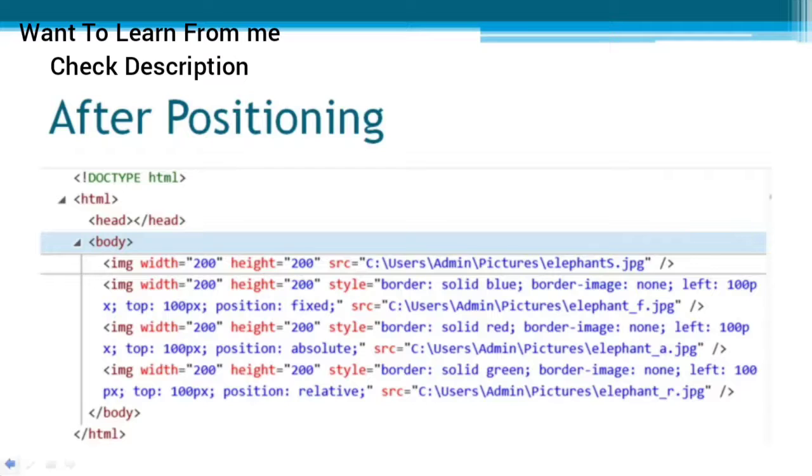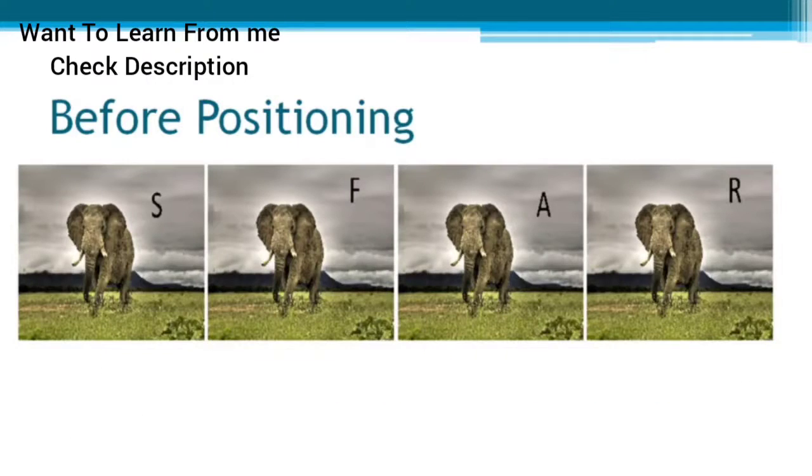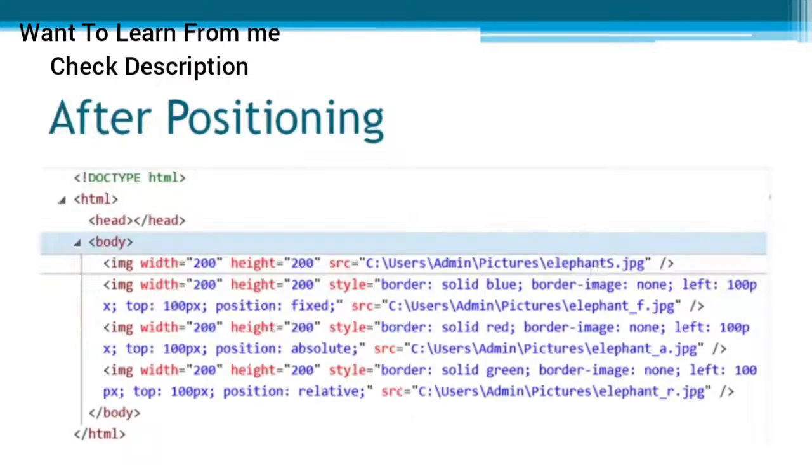So we know that if it is static, it is simply going to be in the first position. As we had seen in the previous, the static will be in the same position. Even after positioning, it should be in the same position. Now let us go to the next. So as per our understanding,